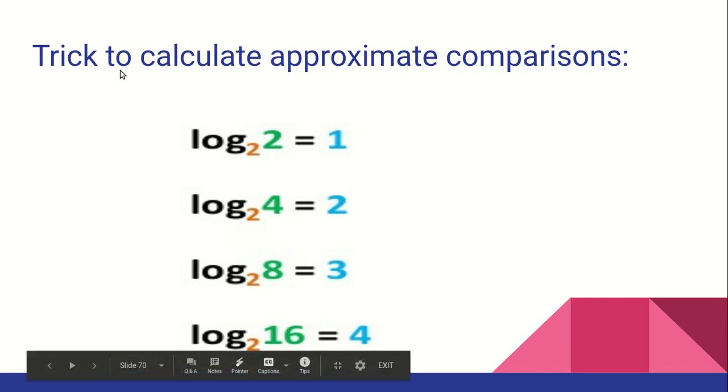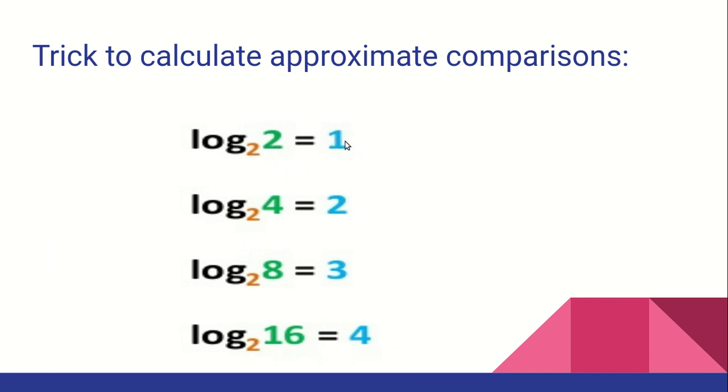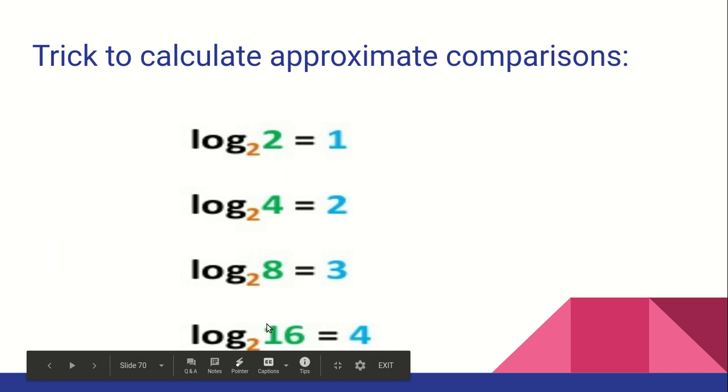Now to search 2 elements we require approximately 1 plus 1 comparison. For 4 elements we require 2 plus 1 comparisons. For 8 numbers we require 3 plus 1, and for 16 numbers in the worst case we require 4 plus 1 comparisons, right?